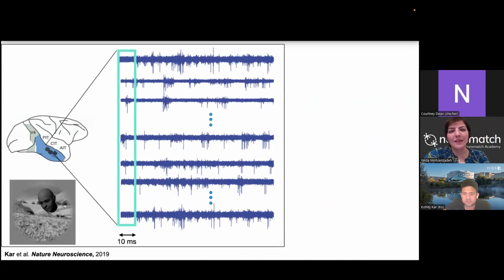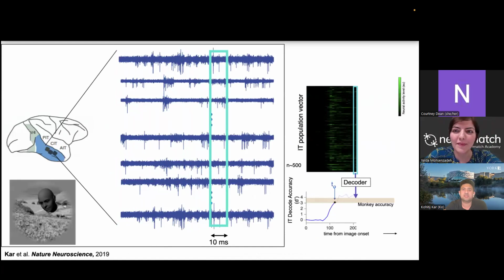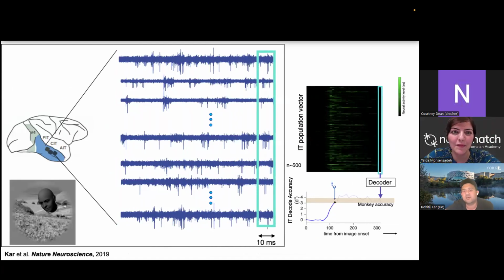Okay, so let's take this here. I don't think there was a delay in the onset of the spike for the challenge images. That was actually one of the points that I made. So let's go with the decoder.